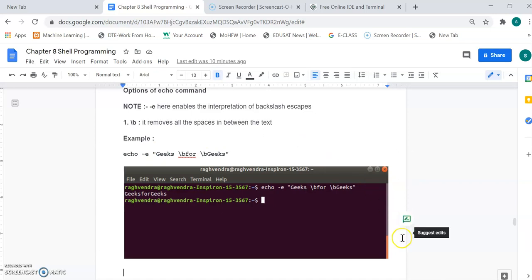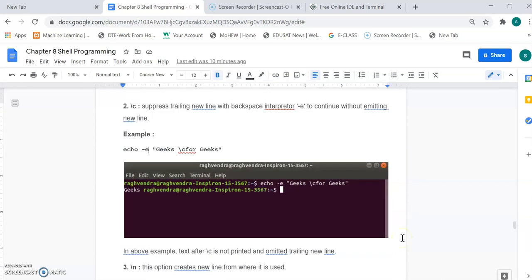So the first one is \b for removing the spaces. Then \c suppresses the trailing new line, and you can see the output in the example echo -e "gigs \c for gigs".